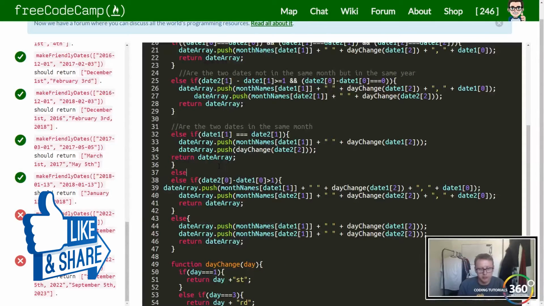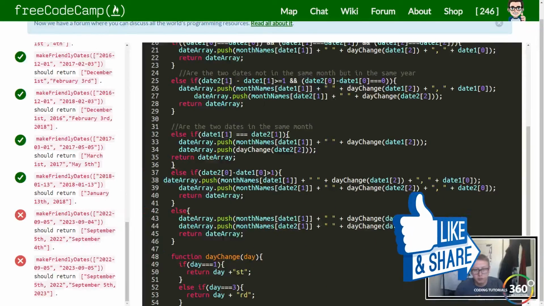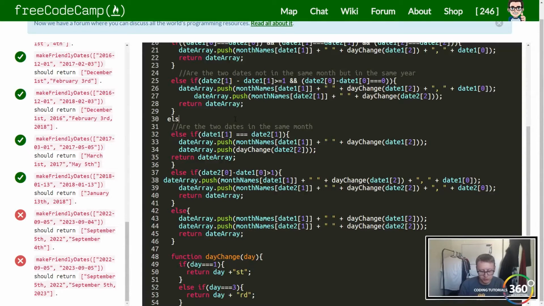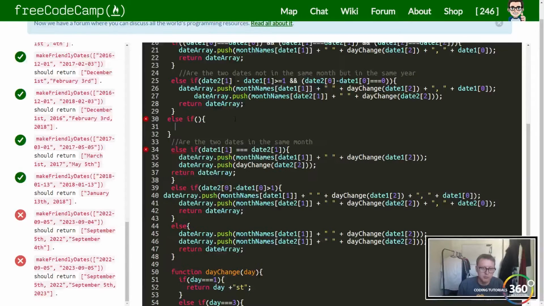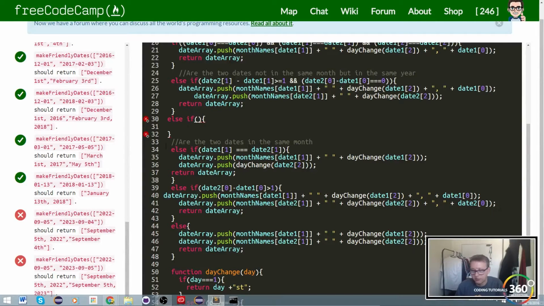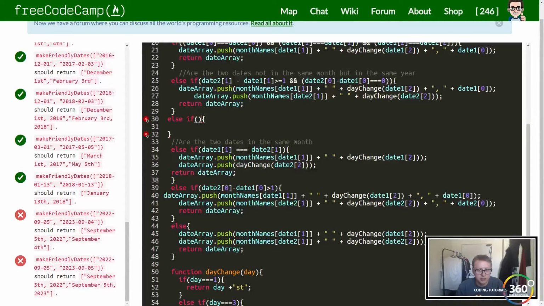We can just do an else if statement right here. Actually, we're going to do it above this. So remember, this checks if they're in the same month. We want to do it from most complex to least complex, so we knock them out, because they're going to borrow some of the same checks. So we're going to do an else if here that says, look, if these dates are the same, so let's start with that, meaning if the months are the same,